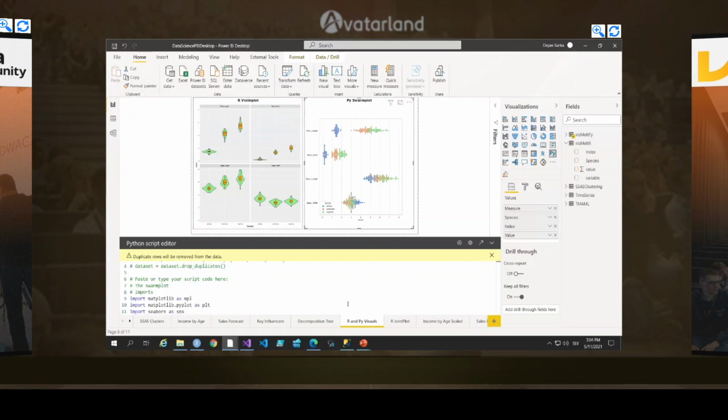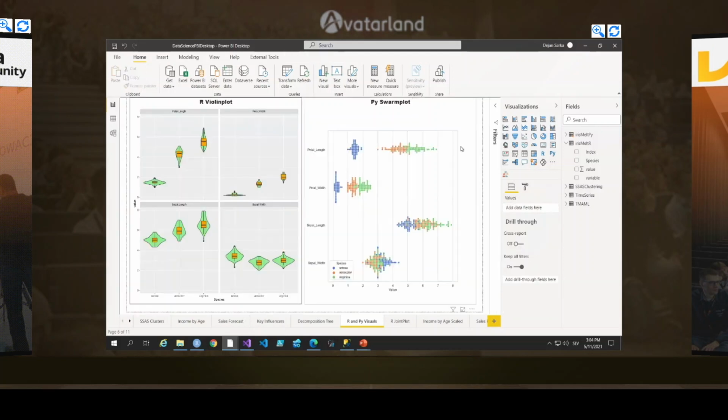Python has a nice visualization, the swarm plot, also very intuitive, and I'm using the swarm plot function from the Seaborn package, and I'm getting this swarm plot, right? Also in Python, it is the same thing, creating a data frame out of selected